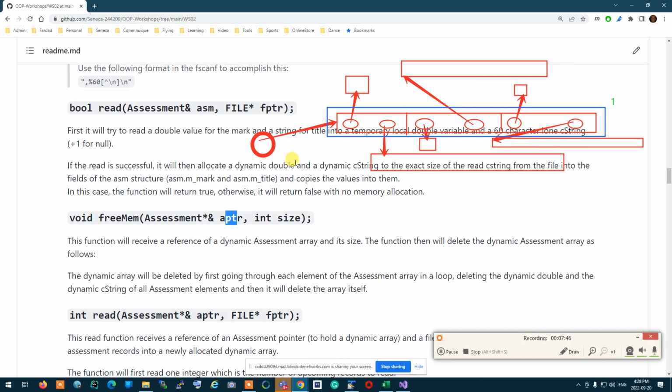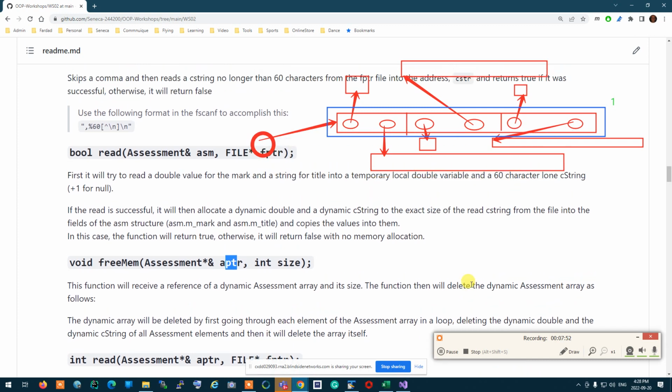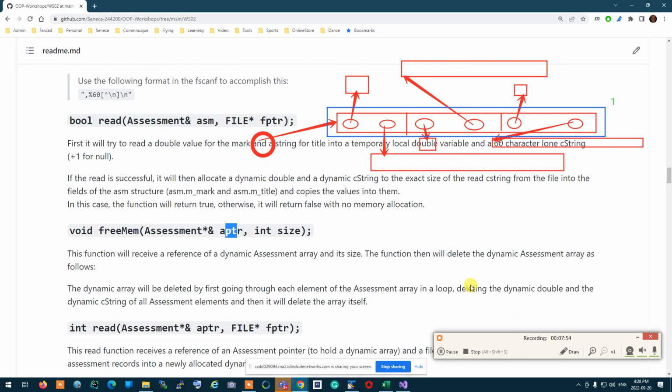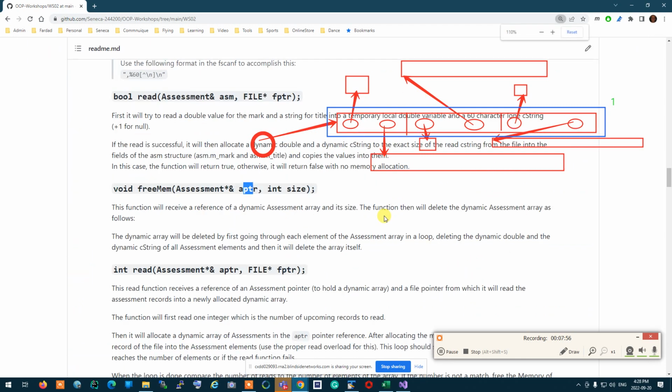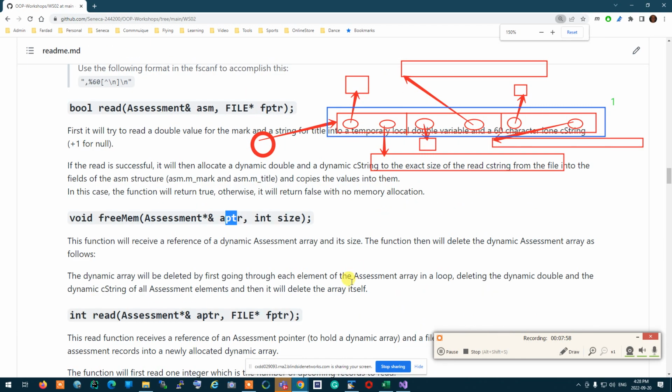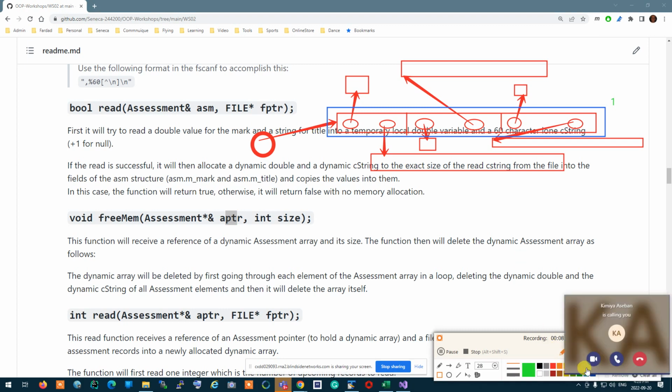It just doesn't delete the array. The dynamic array will be deleted first, going through each element. So what you need to do to do that deletion, let me just make this white underneath so we can actually see. So the free mem over here, if you look at your screen, what it needs to do first is to go through every single